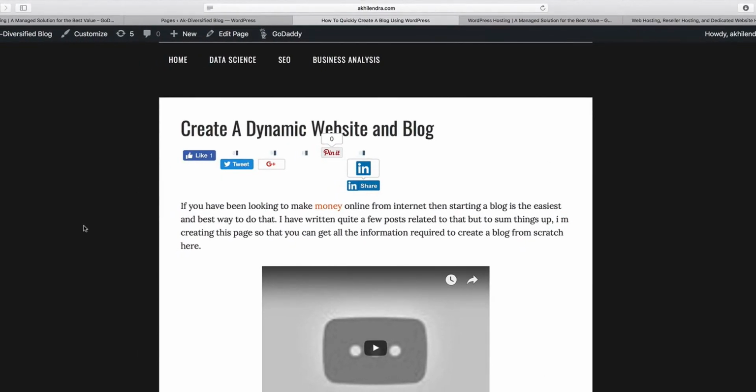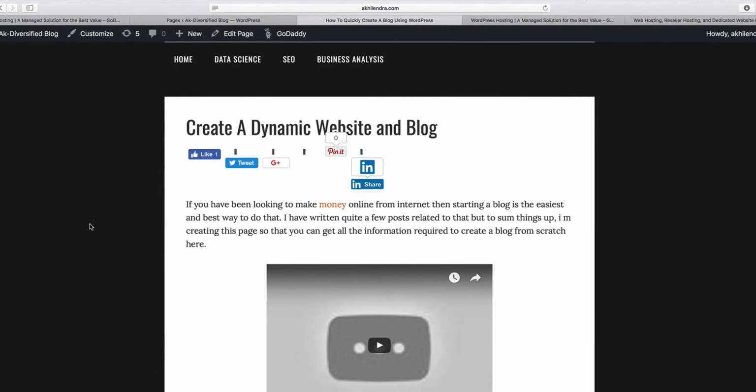Page is something which, say, if I want to create something like this, a page which is constant, is part of my menu option, and I want my user to come here, I will add that as a page. Whereas a post is like any other post. Over a period of time, it won't be displayed on the home page. It will be there, but it won't be there on the home page, so it won't be part of the highlight. Now, of course, I can use something like featured post or a sticky post to fix its position, but posts are slightly different than pages. Pages are more like menu items or things like that.